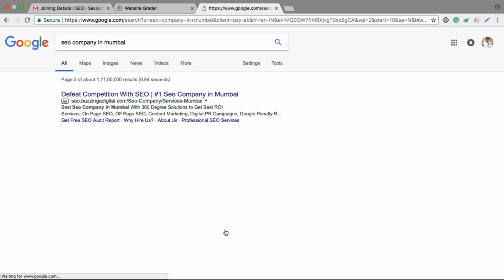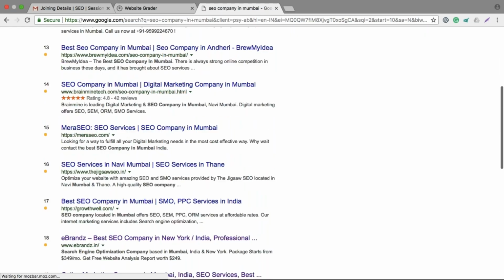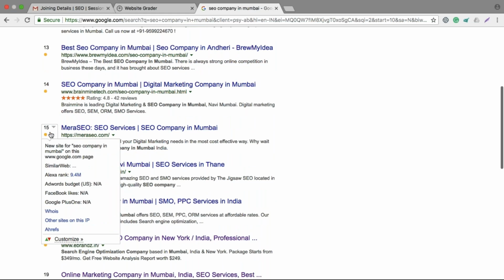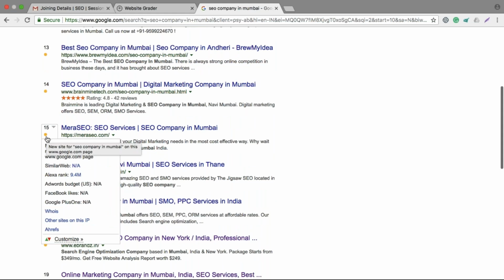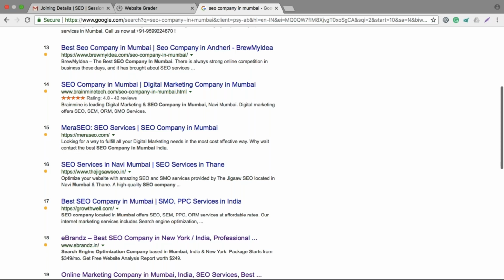Otherwise, you will be able to see, instead of a yellow mark, if the ranking went down, sometimes a red triangle going downwards, and it also shows -4. It means this particular website has gone down by 4 positions.